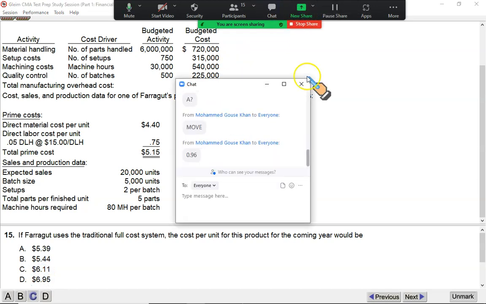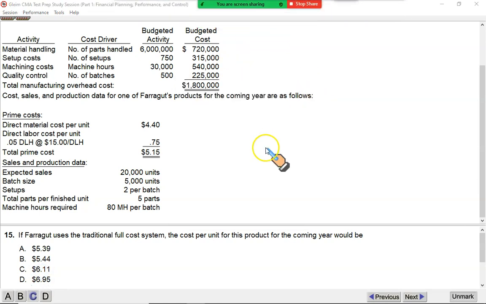But this is not an accurate costing. We got our answer 6.11, but this is the peanut butter approach. We found a single rate and we just applied it on the product. We didn't see that there are 4 different types of activities. Now let us do this using ABC.